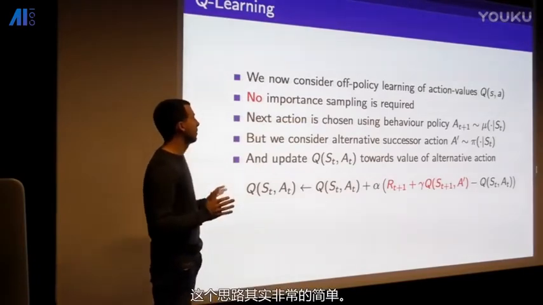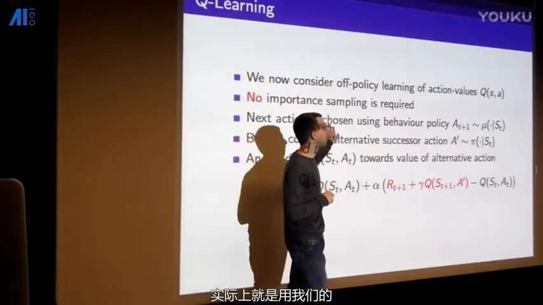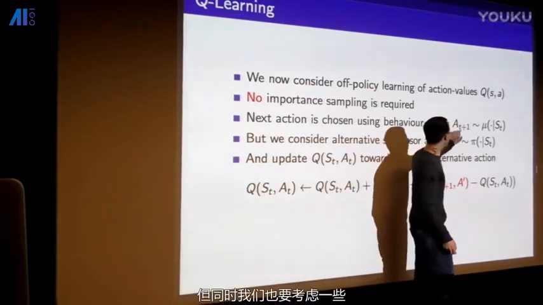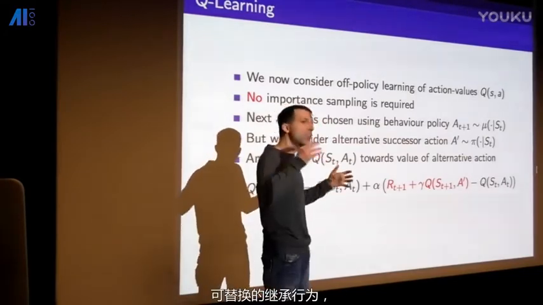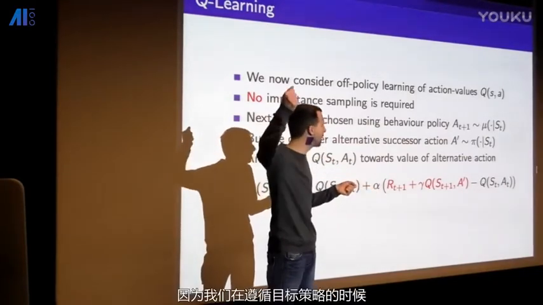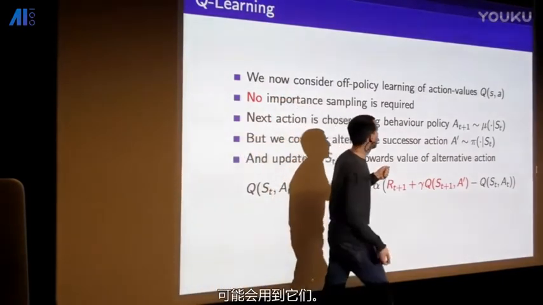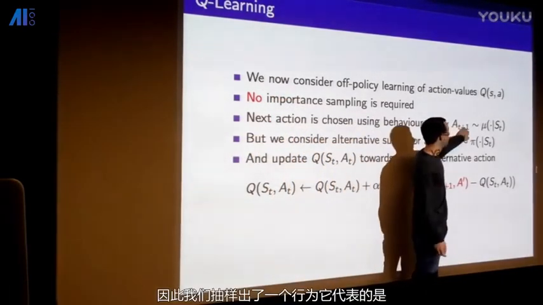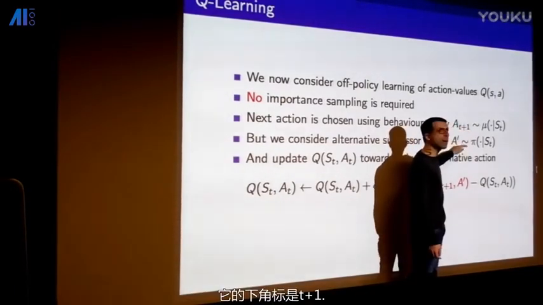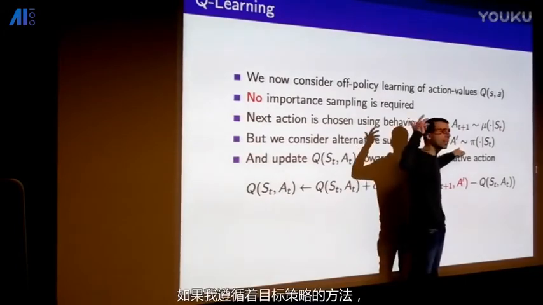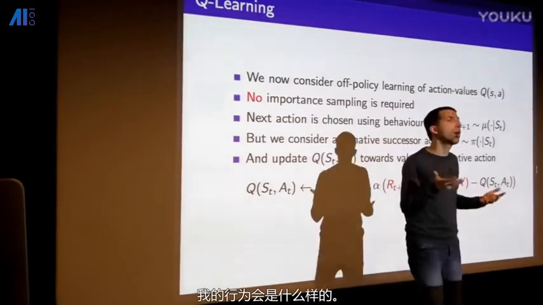And so the idea is very simple. We're going to select our next action using our behavior policy. But we're also going to consider some alternative successor action that we might have taken had we been following our target policy. So we sample A_{t+1}, this is our random variable representing the real thing we took in the world, at time step t plus 1. And this A prime is like our alternate thing. We're just imagining, if I'd taken this under my target policy,